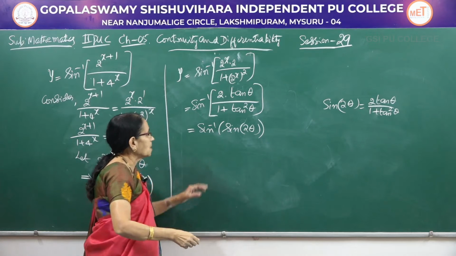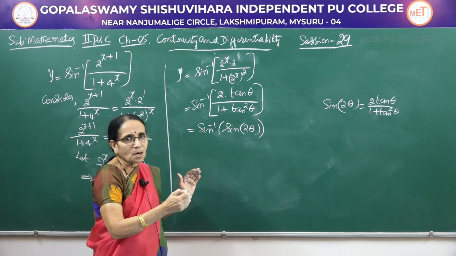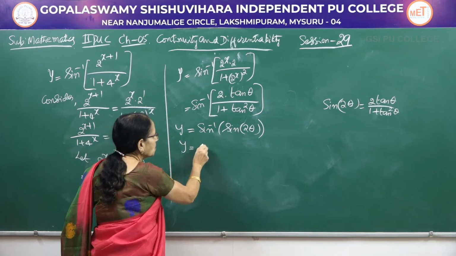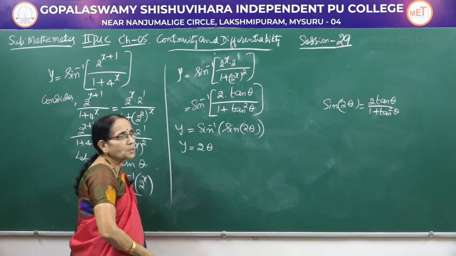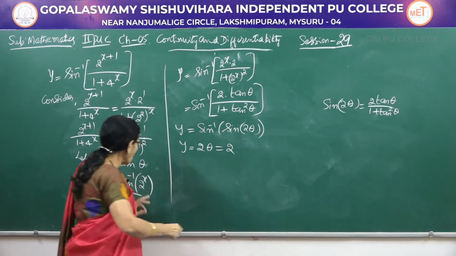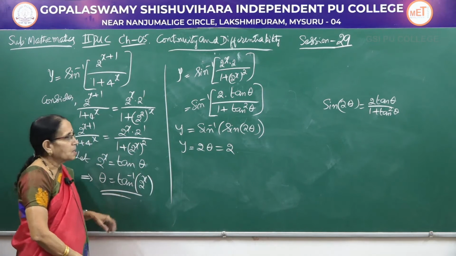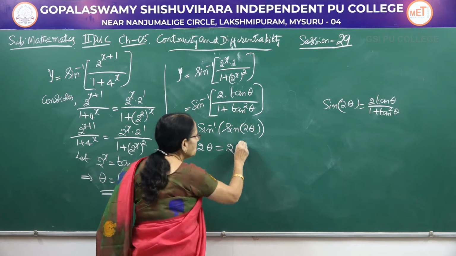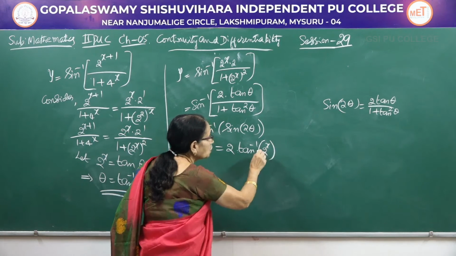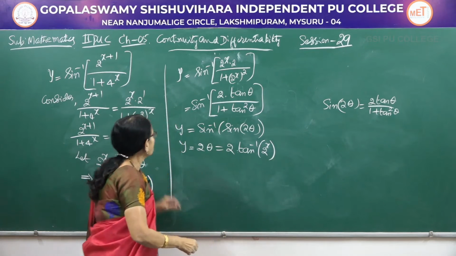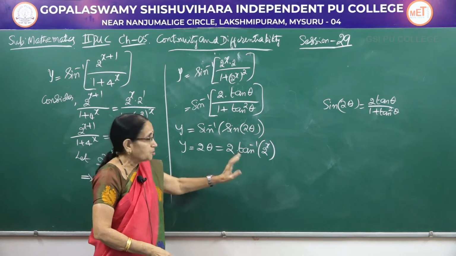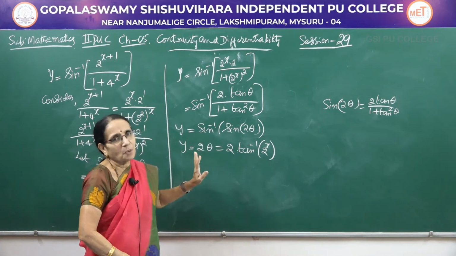I am telling you repeatedly, inverse and this direct function, if they come side by side, using a property, you can neglect that one. So it becomes a very simple thing, comparatively simpler. 2 theta, that is now right. What is theta? That is why I had written earlier. It is tan inverse of 2 to the power x. While writing, be careful, x should be the index. See, this was also a composite function, this is also a composite function, no doubt. Still, compared to that, this is better.